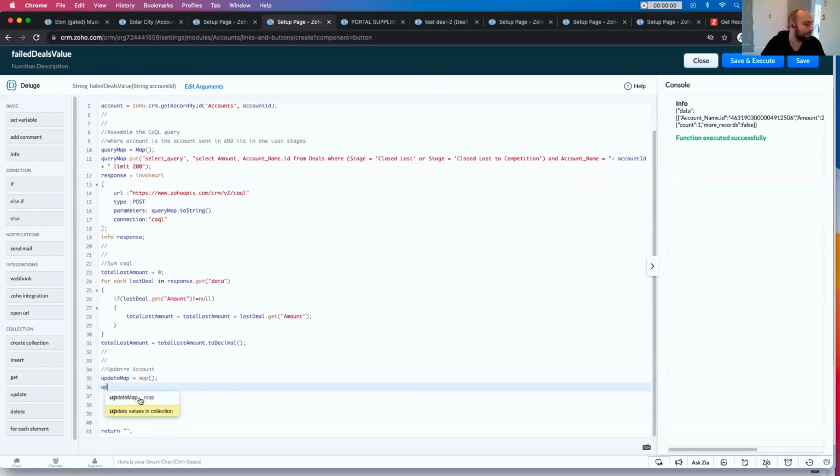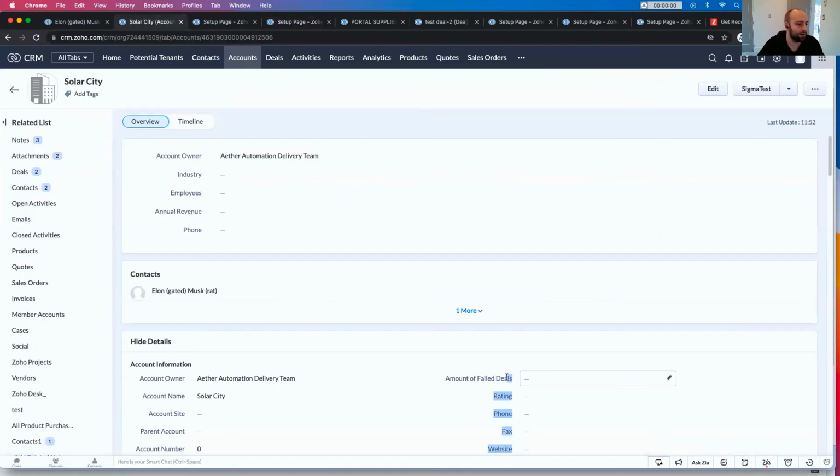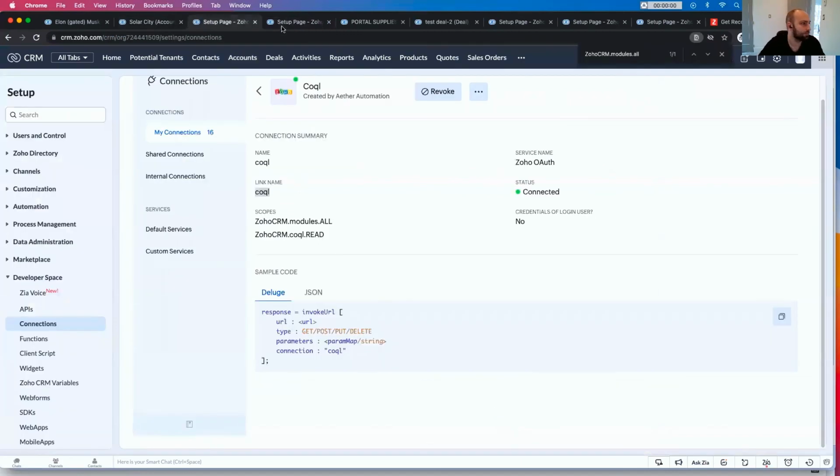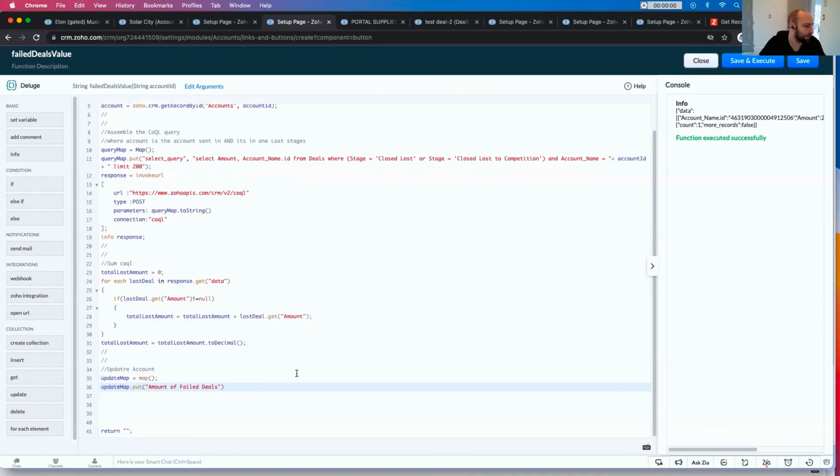Update map dot put, Solar City amount of failed deals. Copy this. Amount of failed deals, and this is going to have underscores because that's what Zoho defaults to. Comma total lost amount. And then info,